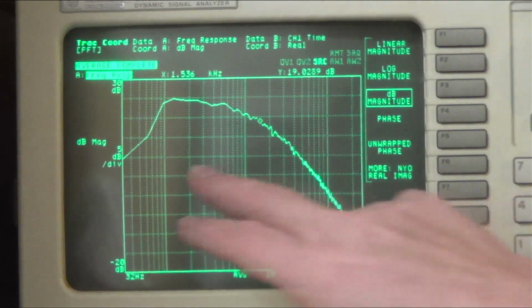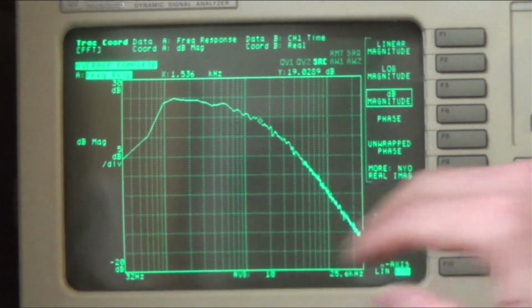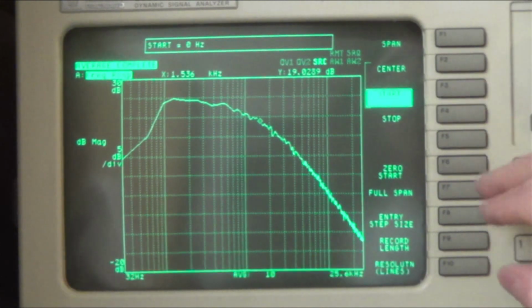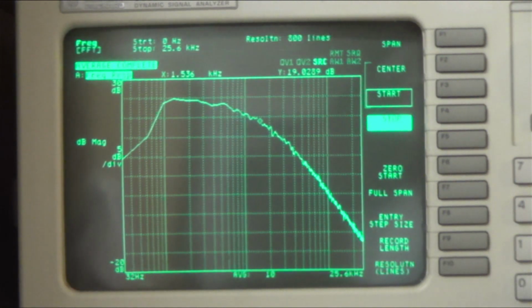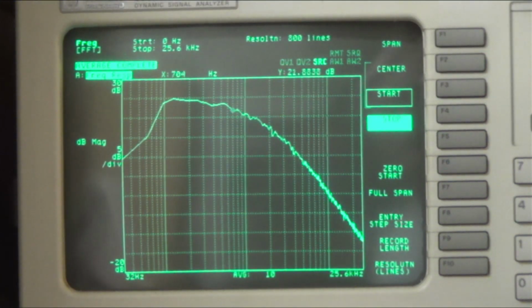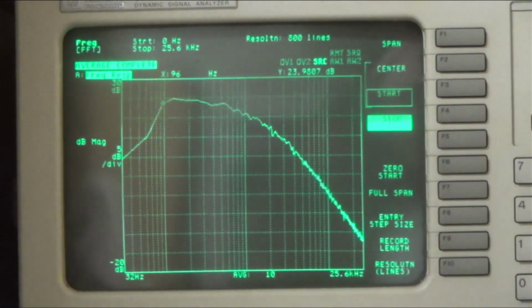What we're looking at here is a logarithmic scale from 20 hertz to... let me make sure of that. Start, 0, stop. Okay, that's close, right? So what we're looking at is a logarithmic scale from 0 hertz to... we can look right here at what the hertz are. 100 hertz,